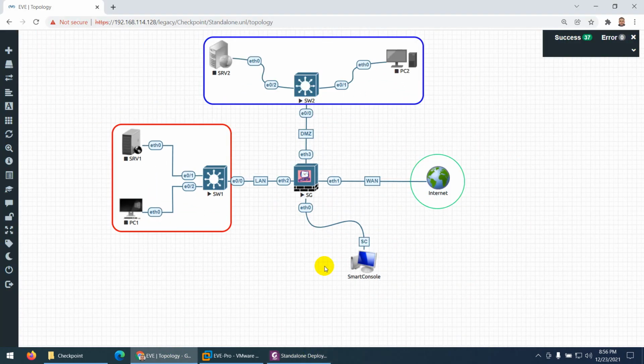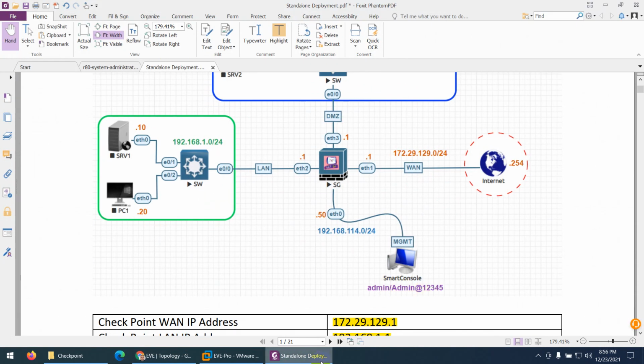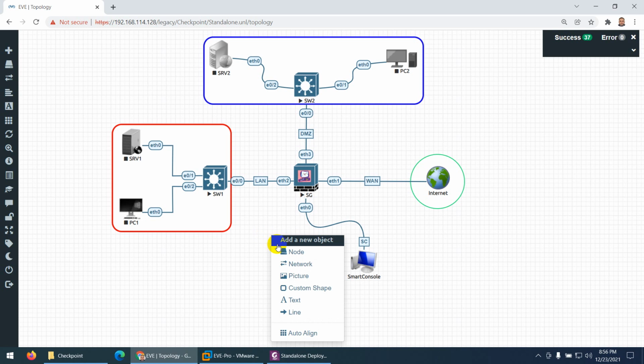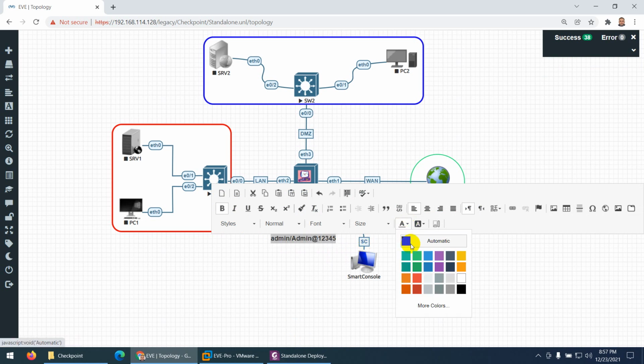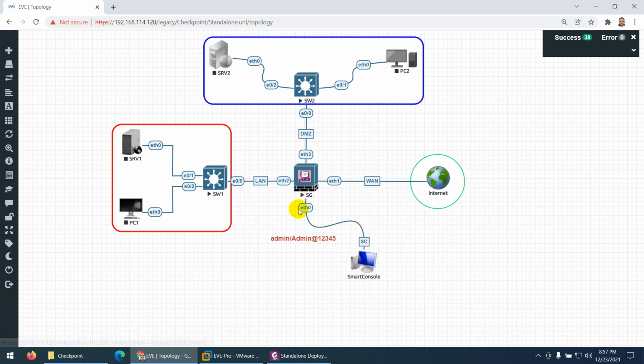What else do we need to type? Okay, so keep in mind I already installed this one, and the password is admin and admin123456. So I can type that password so that I cannot forget this one. So admin is the username by default, and admin12345. So let me make them bold, and let's change the color, so I know that this is the security gateway username and password which I will need, so I put them here. Okay, so this is our LAN. I need to configure these.